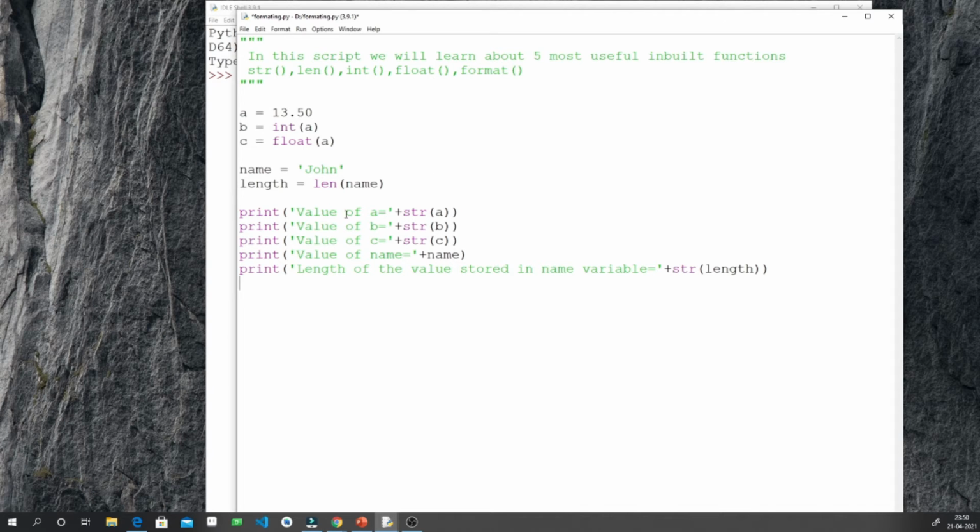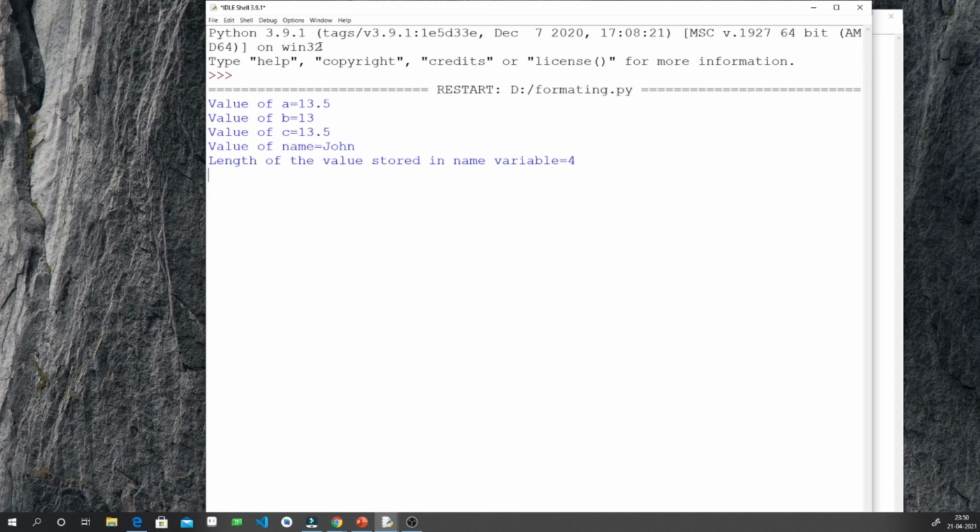It will print all the values. Okay, so let us save and let us run this program. You can see that all the values are printed correctly. The value of b is 13, because we have converted the floating point number into integer.